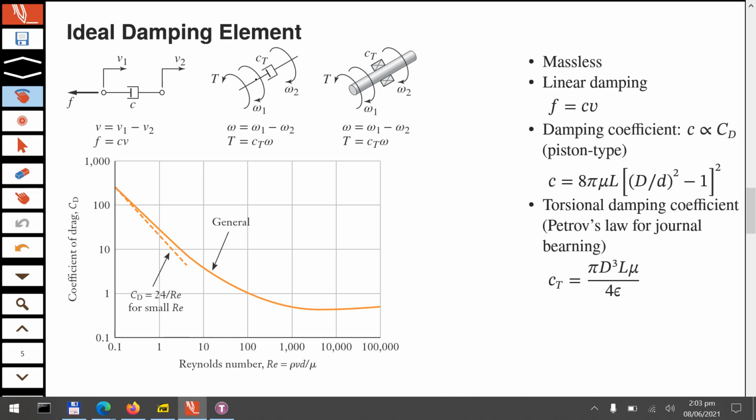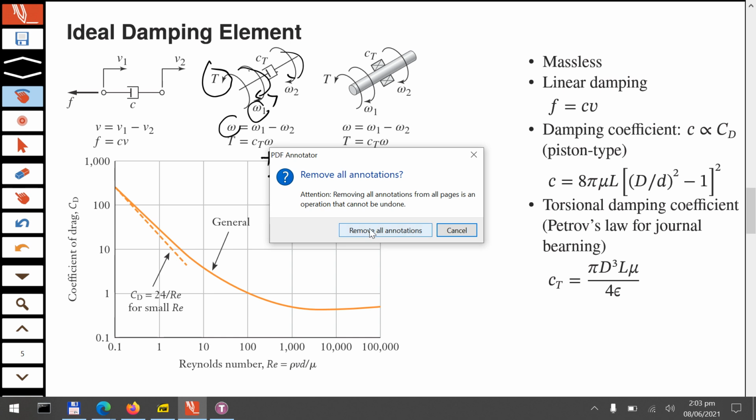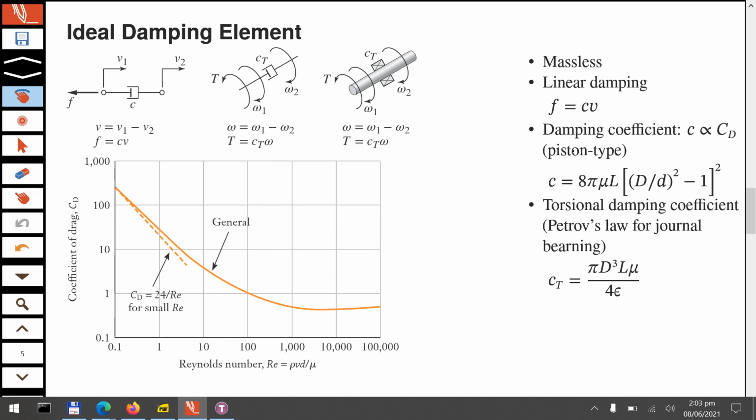Same goes with torsional springs, that if one end has angular velocity omega1 and if the other end has angular velocity omega2, if omega1 is assumed to be greater than omega2, the opposing torque or resisting torque will be opposite to omega, okay? और ये चीज आपने प्लस माइनस में नहीं शो करनी है, आपने एरो में शो करना है. The arrow must indicate that opposition, okay? ताकि आपको माइनस साइन अलग से ना लिखना पड़े. देखो ना, because this arrow is opposite the arrow of v1 minus v2, so you don't need the minus sign there. So same applies to the resisting torque. Remember यहाँ पे अगर हम C यूज कर रहे हैं तो यहाँ पे हम CT यूज कर रहे हैं, ठीक है,